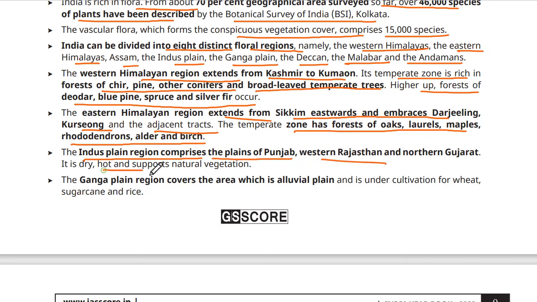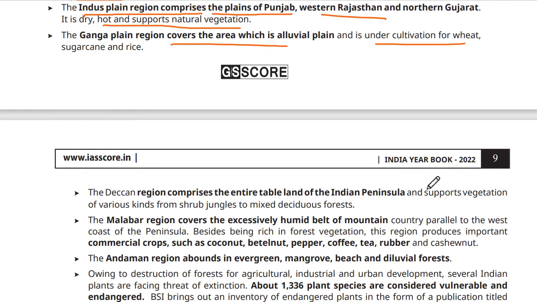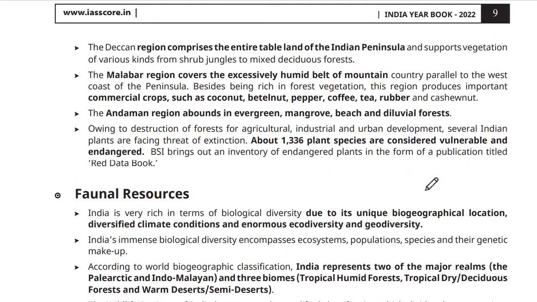The Indus Plain region comprises the plains of Punjab, western Rajasthan, and north Gujarat. It is dry and hot, and supports sparse natural vegetation. The Ganga Plain region covers the area which is alluvial plain. It is under cultivation for wheat, sugarcane, and rice. The Deccan region comprises the entire tableland of the Indian peninsula and supports vegetation of various kinds, from shrub jungles